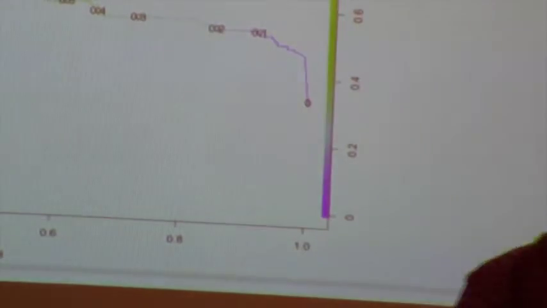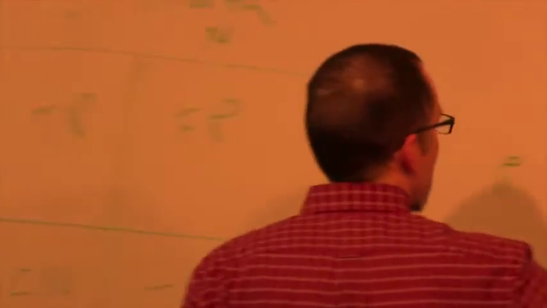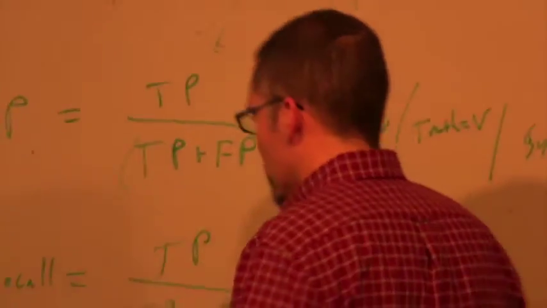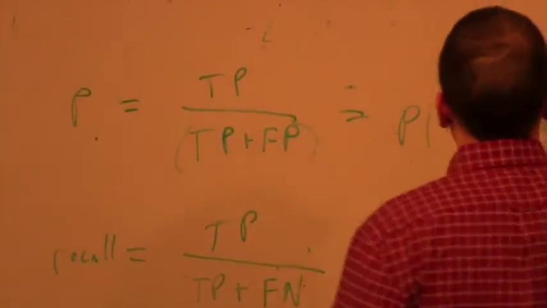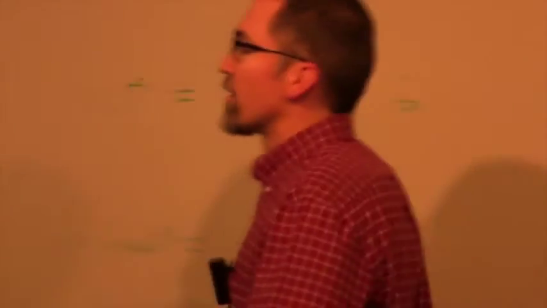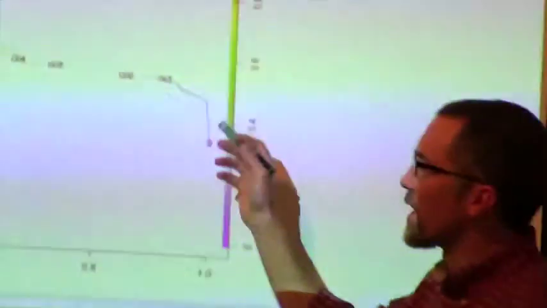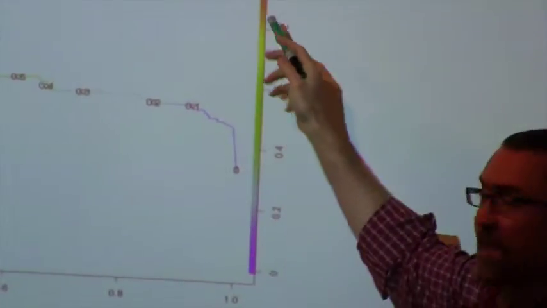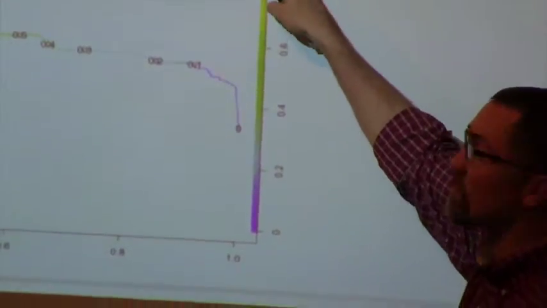Yes. So sorry, are the numbers along the line, are those accuracy then? No, they're precision and recall. So accuracy, they're these two numbers here. Accuracy is the numbers on the actual curve. The numbers on the curve? No, those are the threshold. Yeah, they're not really necessary because you've got red is a threshold